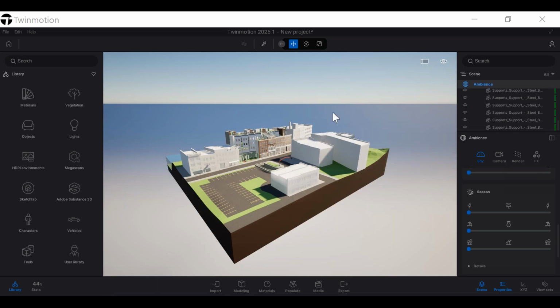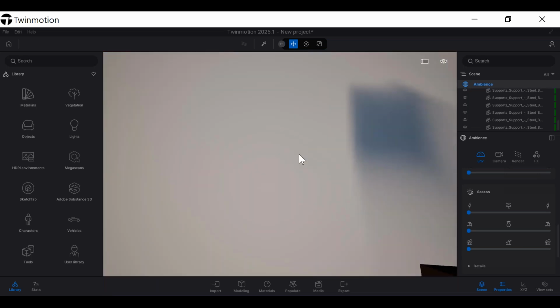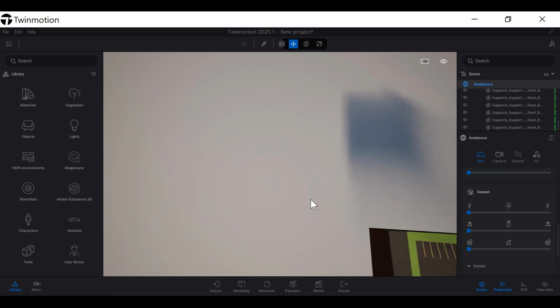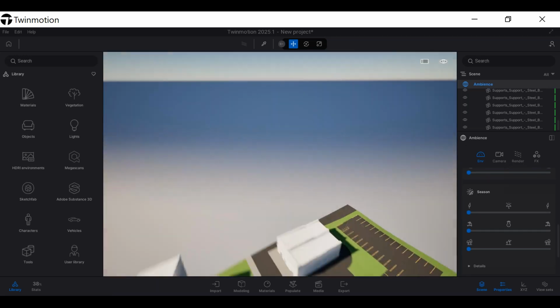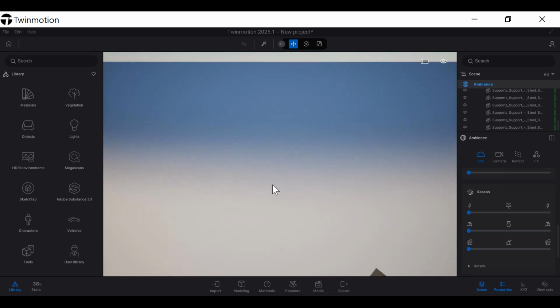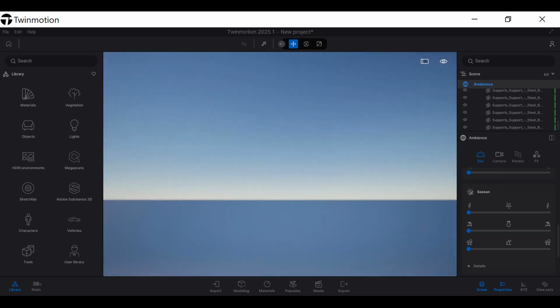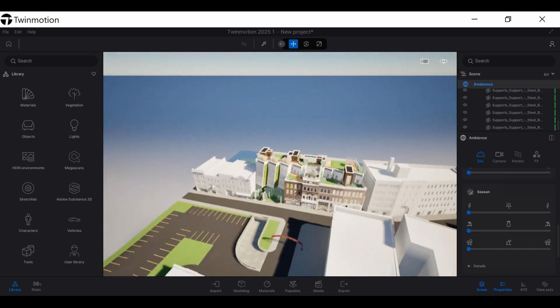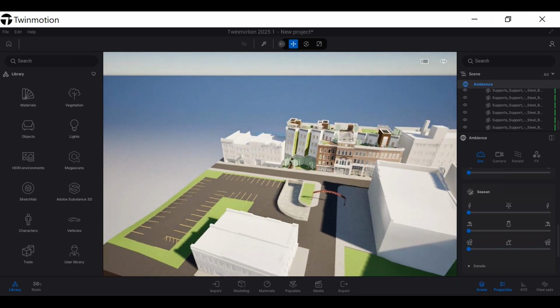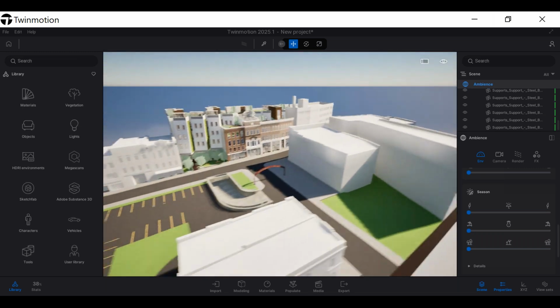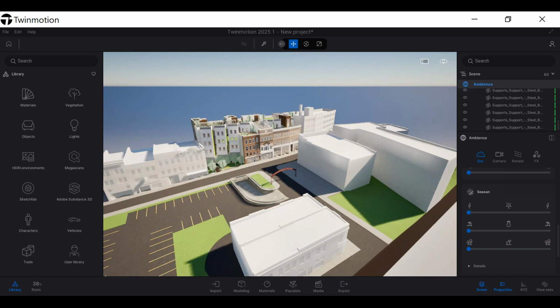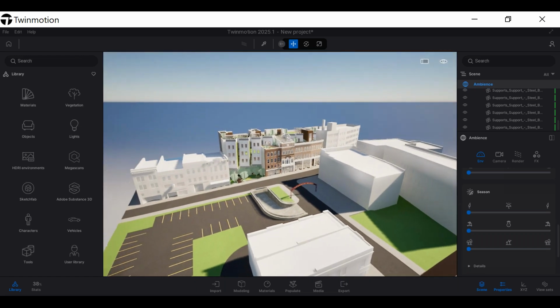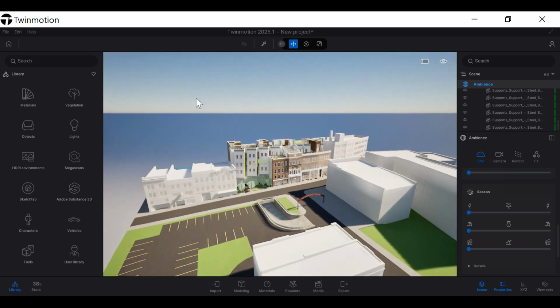All right, so this is my model that I have imported into Twinmotion. Whoops. And essentially, it's floating in the air right now, and it's kind of hard to navigate. But that is fine. We're going to go ahead and do some initial context. So whenever I have a floating model like this, the first and foremost thing I do is import the